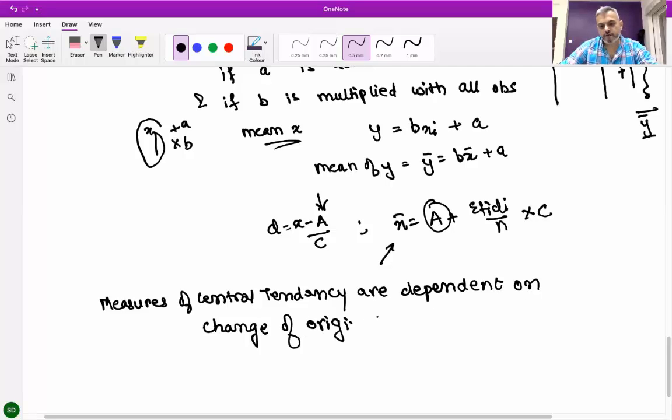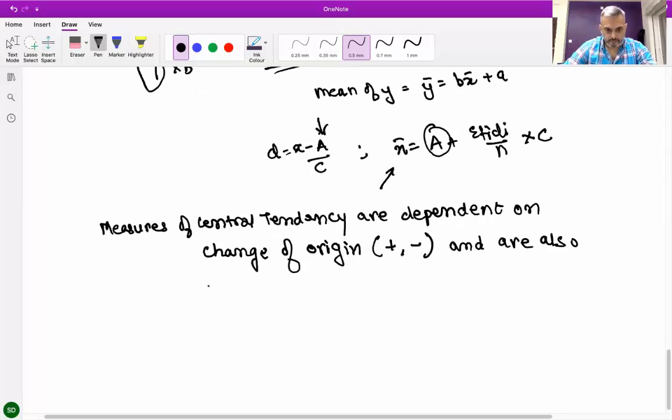Change of origin means plus or minus, and are also dependent